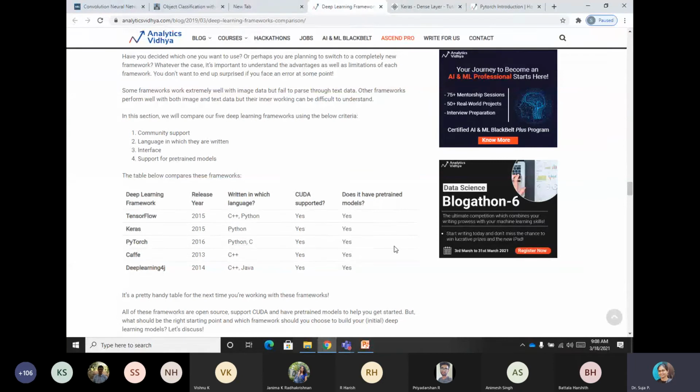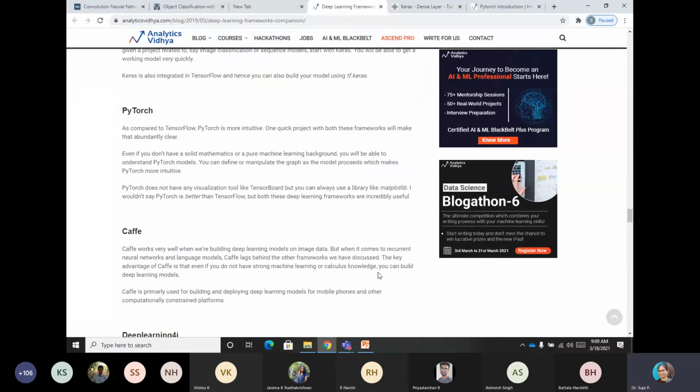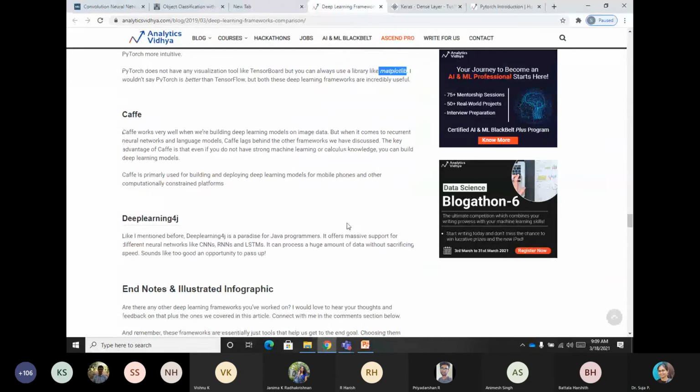You can directly go for an implementation in the cloud wherever you want. So this is the thing. And compared to TensorFlow, PyTorch is more intuitive, and then it explains the advantages of PyTorch. It uses matplotlib also. You will get all the graphical plots. If you want to compare your analysis, draw a confusion matrix, anything can be done with matplotlib.